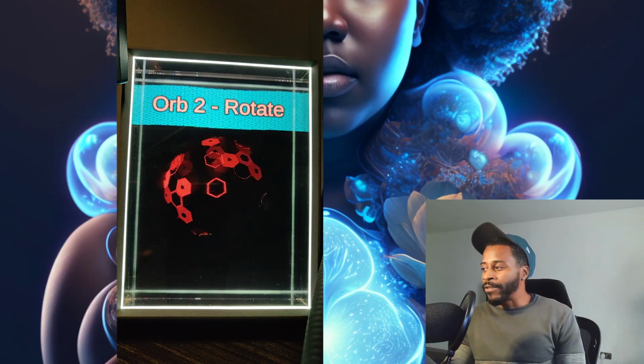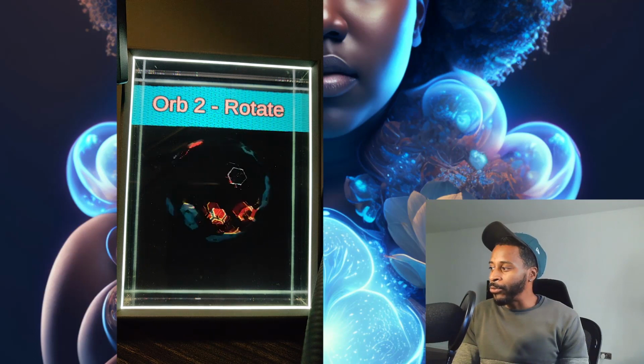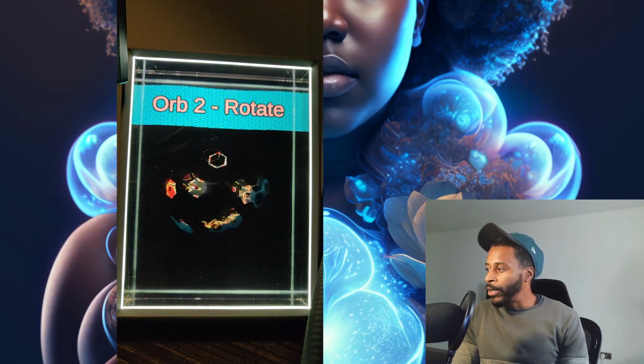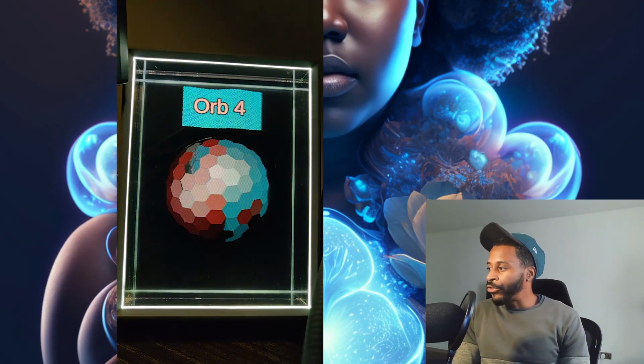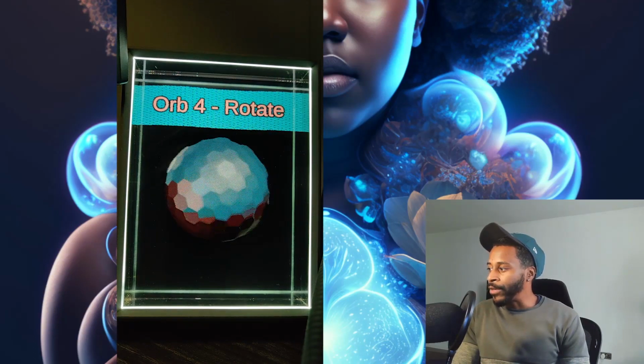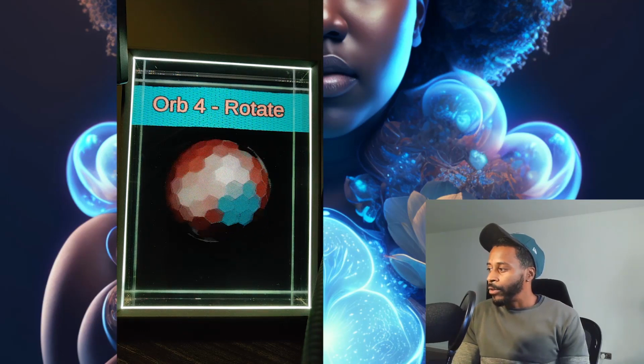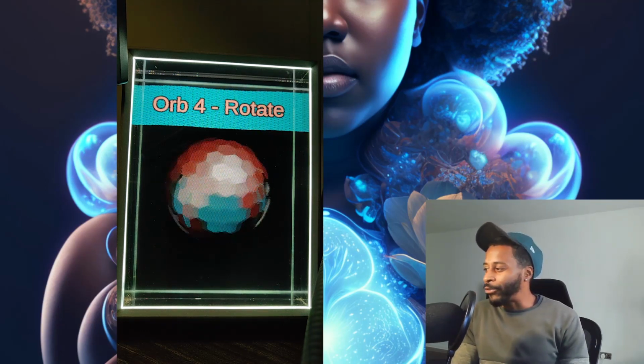So yeah, it all comes from initially just being able to maneuver and shift to get the different perspectives of the orbs here. So that's the rotation feature.